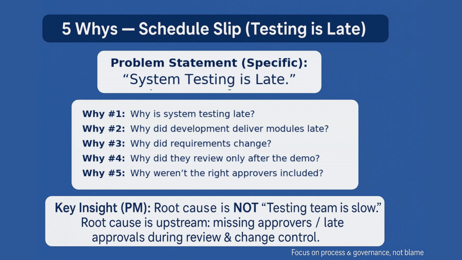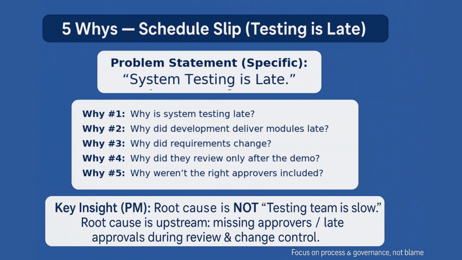A quick quiz here. Your schedule slipped because vendor delivery was late. Is that a root cause? What is going to be the answer here? A: Yes, let's stop here. B: Ask why the vendor was late. C: Escalate immediately and move on. D: Add overtime to recover. The answer is going to be B. You need to ask why late. Contract terms, lead times, approval delays, unclear specs, missing buffers, or vendor selection.